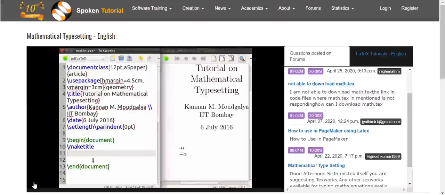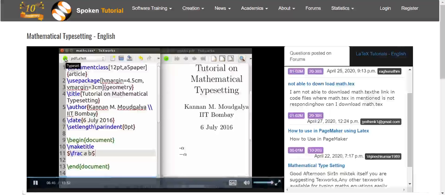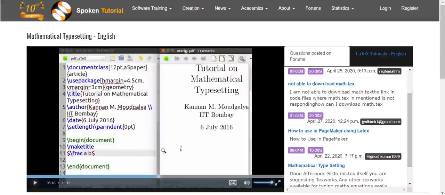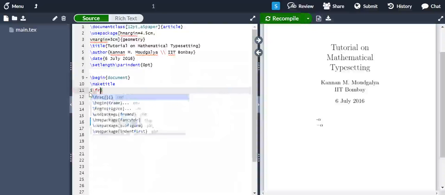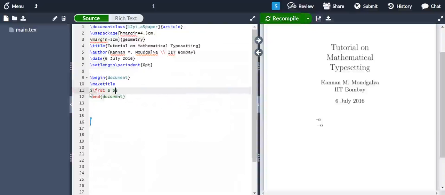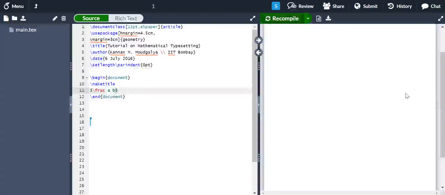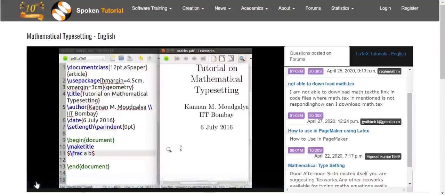Next, we would like to explain the frac command that is used to create fractions. \frac A B. Let's compile. It generates A by B. The command frac is terminated by a space.